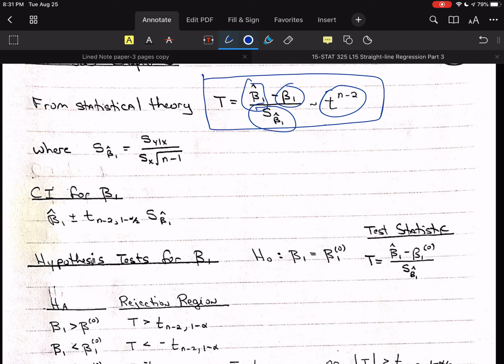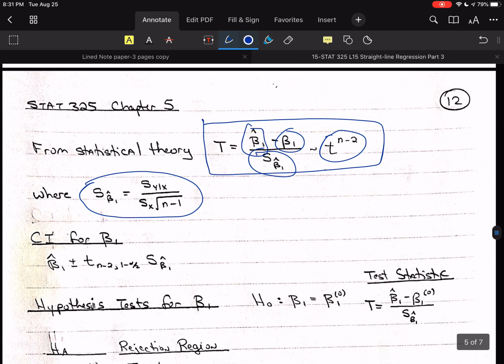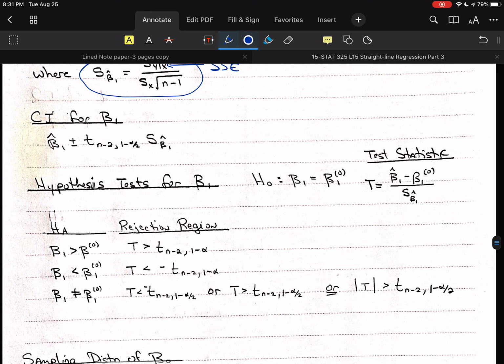And s sub b hat 1 is what we just derived, or, well, just showed up here. So it's that s sub y given x over s sub x square root n minus 1, and this is SSE, sum of squares error. Now, the confidence interval for beta 1 is given by beta 1 hat plus or minus t n minus 2 degrees of freedom. You'll see that a lot in the straight line, and 1 minus alpha over 2 for our area